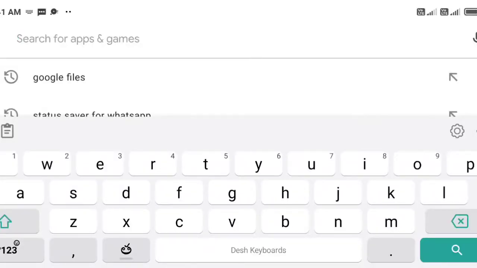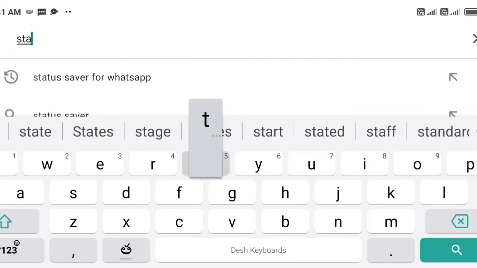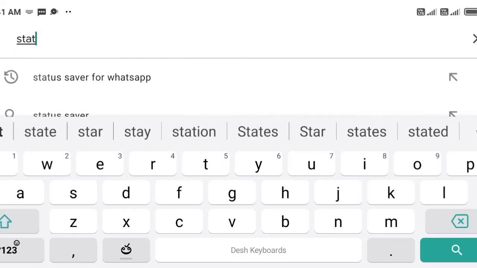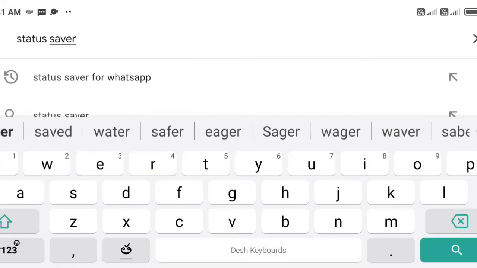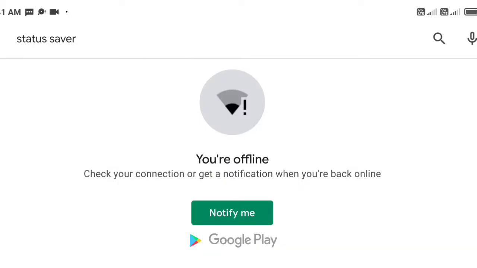One more way to open and save status from WhatsApp is a third party tool that we can install.